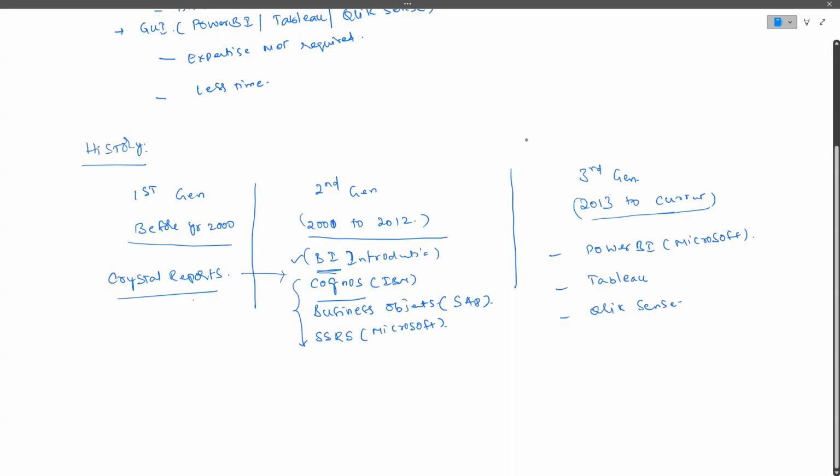Then again, the same question comes. Sir, why did we get these particular tools? Why, when we already have Cognos and Business Objects, and from Microsoft we already had SSRS, did you come up with Power BI, guys? At that time, during the 2000 era, we didn't have cloud computing, guys. So since cloud computing was not there, they didn't think about